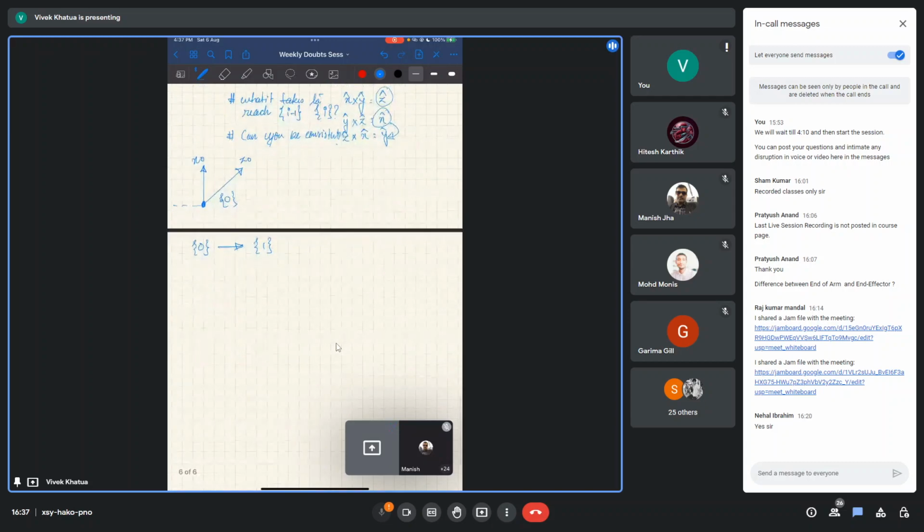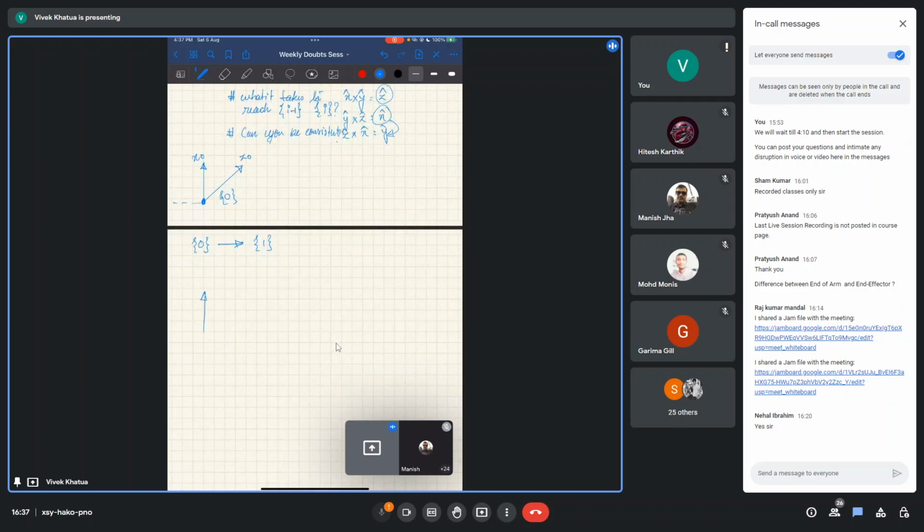So let me just make it that way. Here you can see x0, z0, x1, z1. In terms of orientation only, the offset I'll deal with later. I am not doing anything. So what does that mean? My joint axis